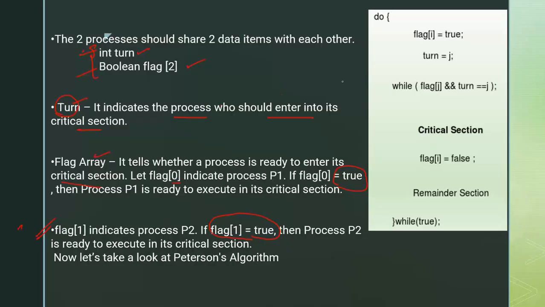When this is the case, if flag of 0 equals true and turn is set to j, which is that particular index value, we are going to check whether for the other process, that is flag of 1 is true and turn is equal to 1. If that is true, it will enter into the wait state. If it is not in the wait state, it will enter into the critical section.